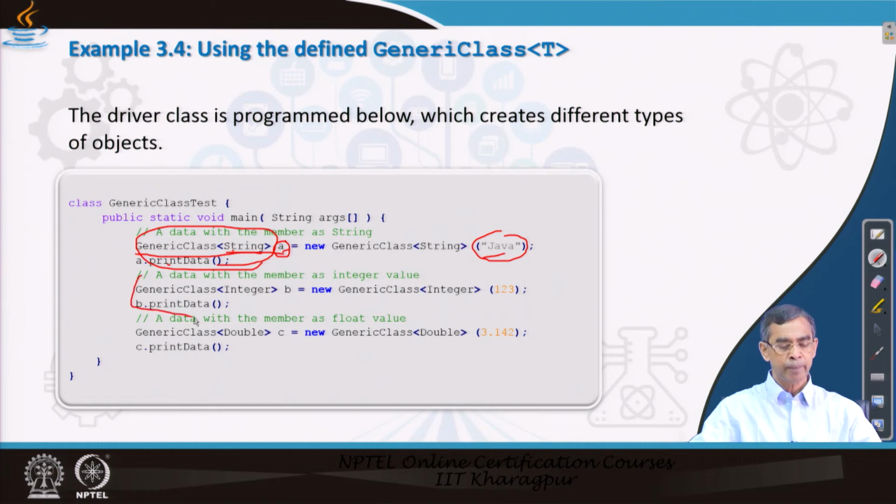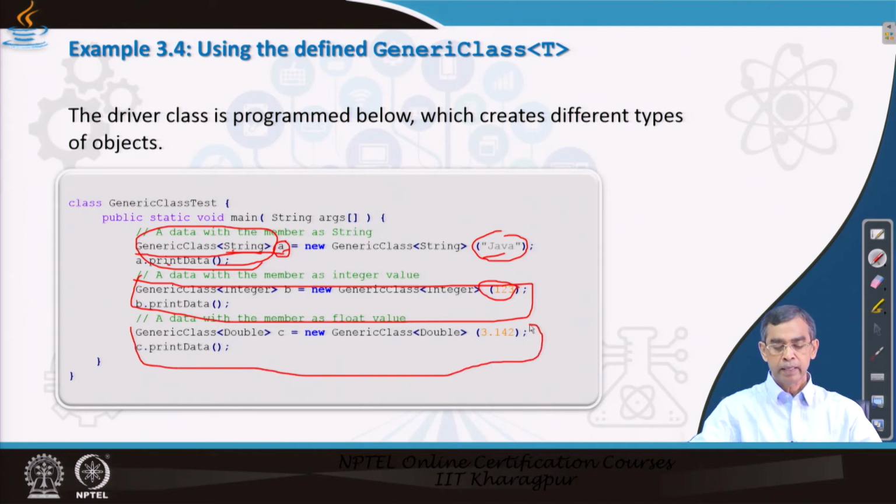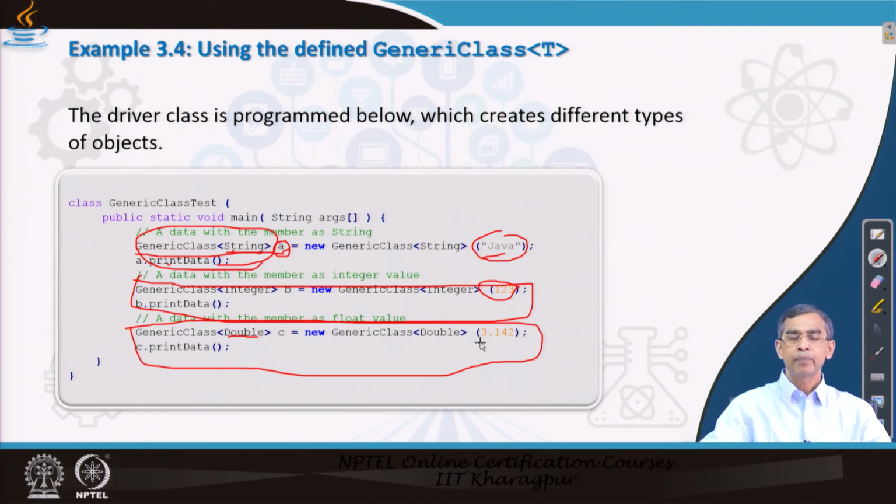Now, the next one does the same thing, but for numeric values. In the third one, again we repeat it, we create an object of the generic class, but for floating point values. So what we can see is that we declare one class as generic, and whenever we create objects of that class, any operation in it can be called for that type.